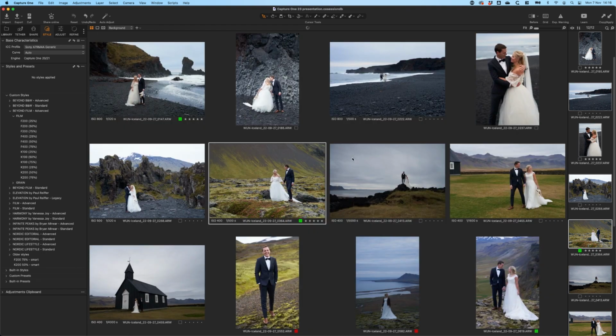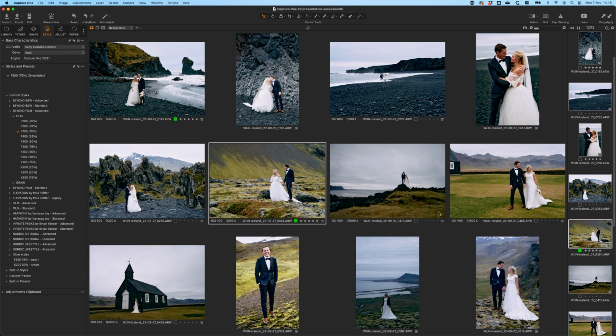So let's see what happens if we apply to the whole batch, just like that. This is not a smart style, this is just a regular style. So let's apply this style, and it's applying, and it has some similarities, but we can also see that the photos that were off, they are still off, and it's a good starting point, but it would require us to